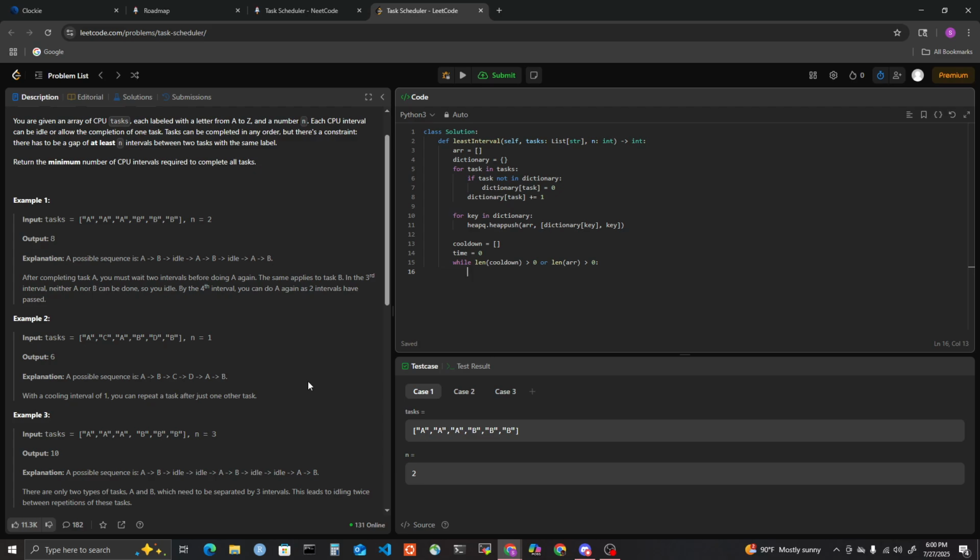Okay, so what I'm going to do is I'm going to say top equals heapq.heappop. I'm going to say array, and then, oh no, I don't need to do that, I just do array. Okay, so this is going to be the top, and then I will say